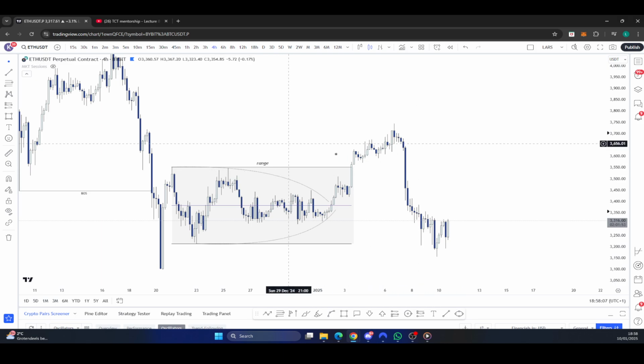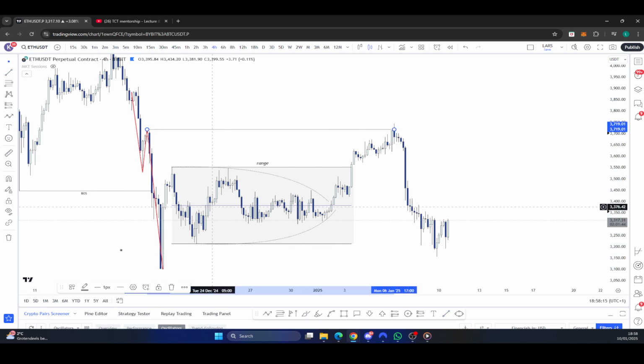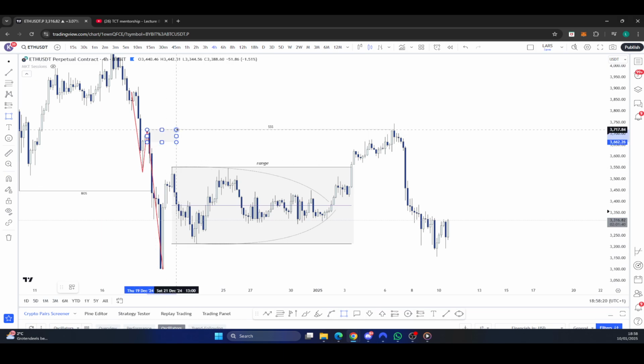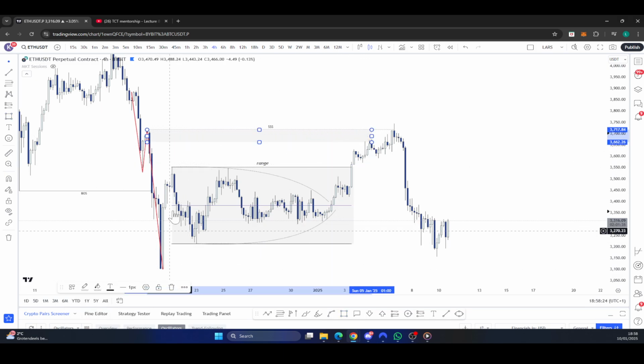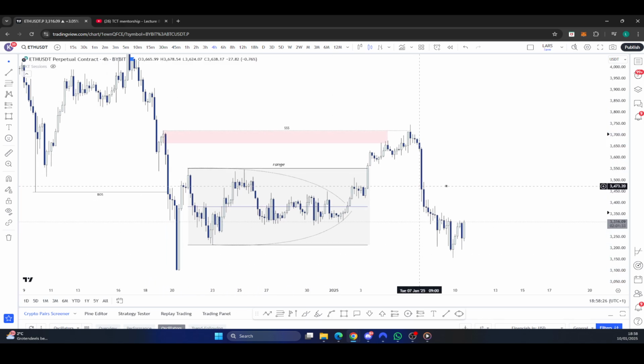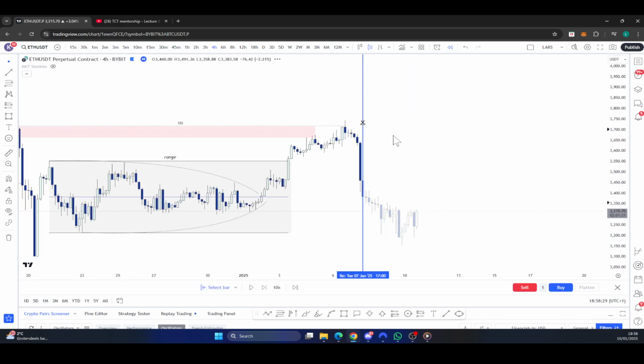So looking at what happened, as we can see right here, we were drawing that structure from top to bottom earlier. Right here was your market structure high that you actually ended up sweeping. And right here, we also had a 4-hour supply zone. Okay. So initially, zooming in